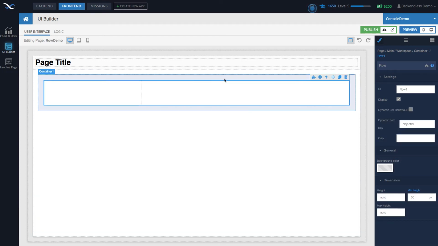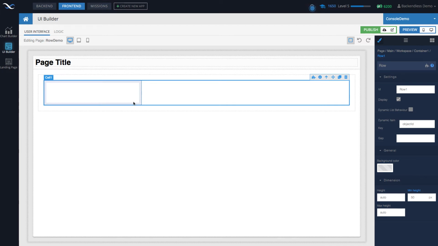The row, just like the container, can also have dynamic list behavior. What this means is that whatever content you assign to that row, if the row has dynamic list behavior, that content becomes a template. Then when you assign a collection of objects to the data model of that row, the template will be replicated for each object in the data model. I will demonstrate this with perhaps the most visual and yet simplistic example that I came up with.